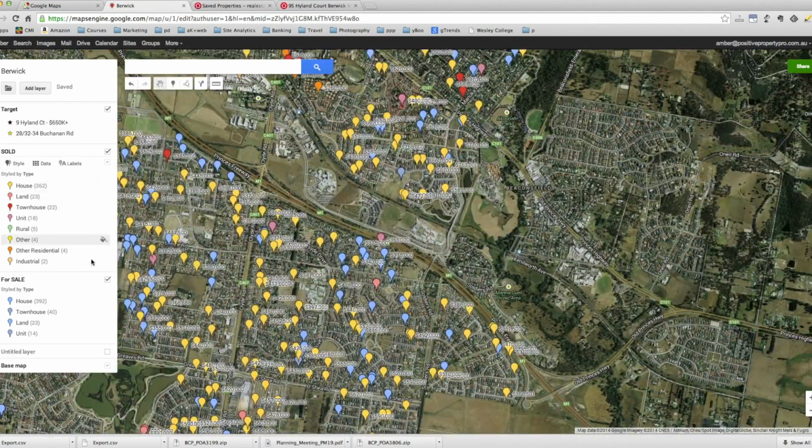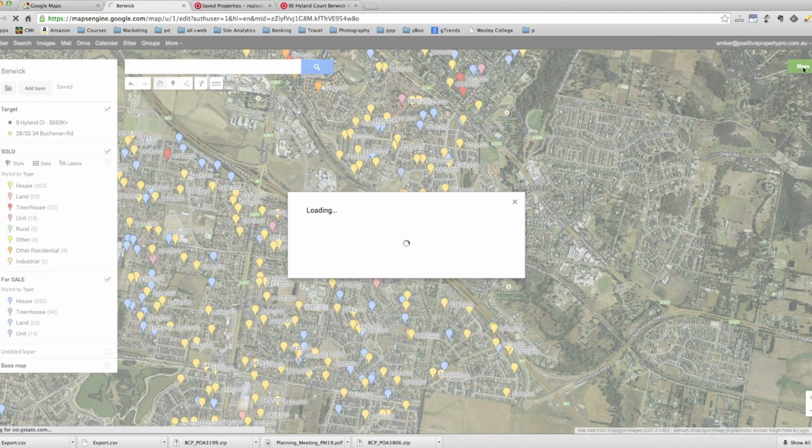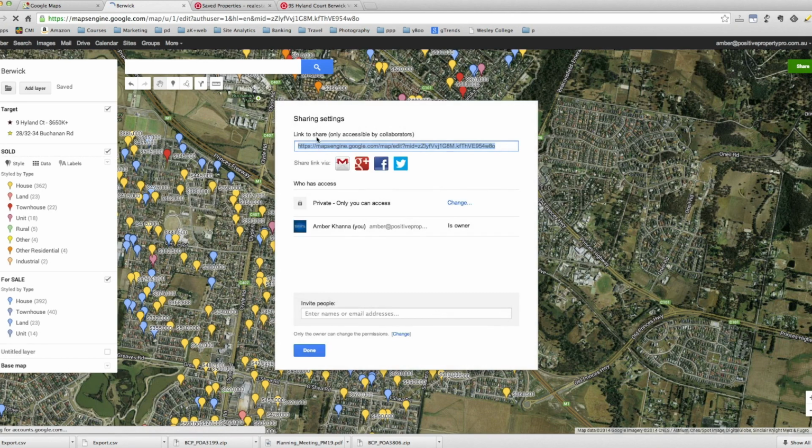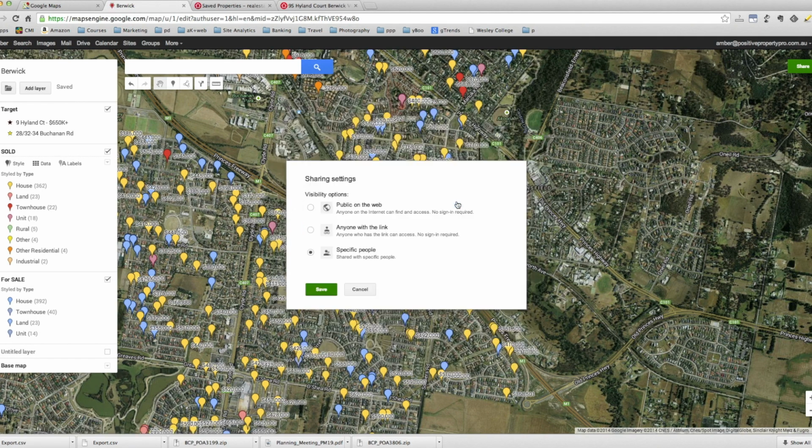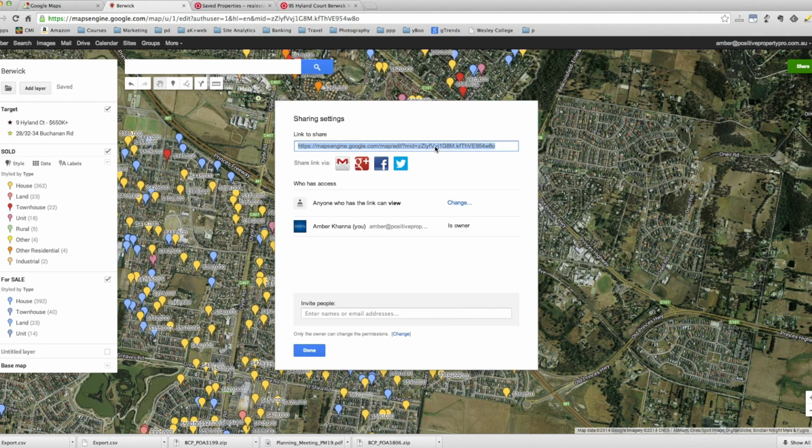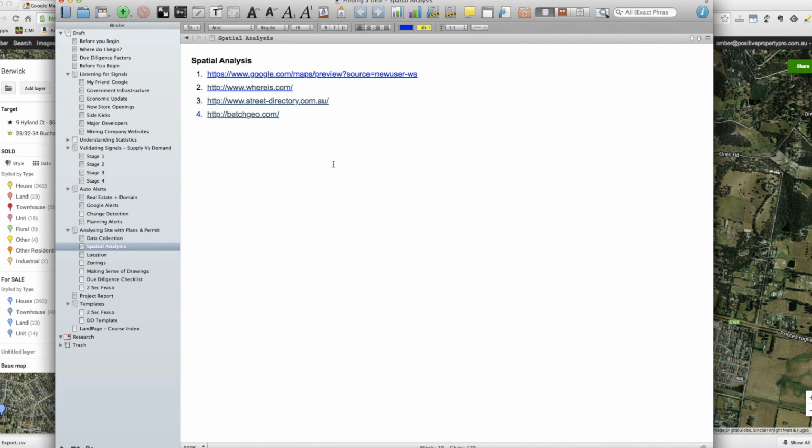And what I'm going to do with this map, the map that I've created, is share it, and I'm going to give you a URL. So that's the URL, and I'm going to change that, make it anyone with the link can view. I'm going to save that. And that's my link to share. I'm going to copy it, and I am going to add this